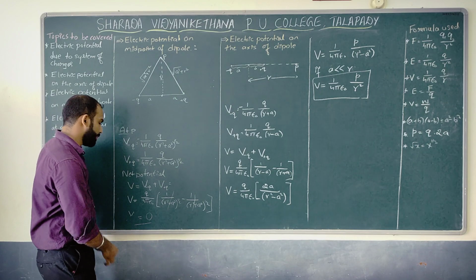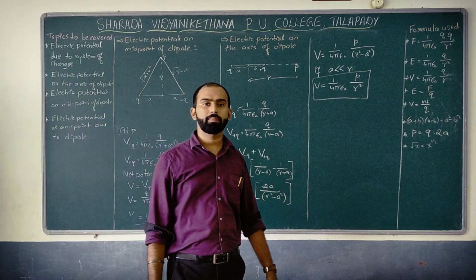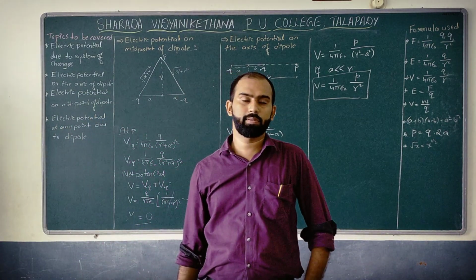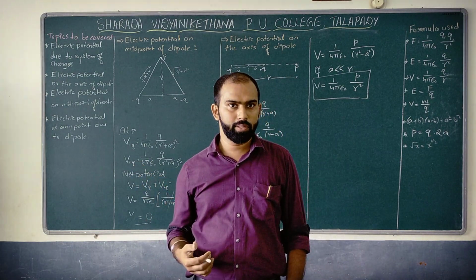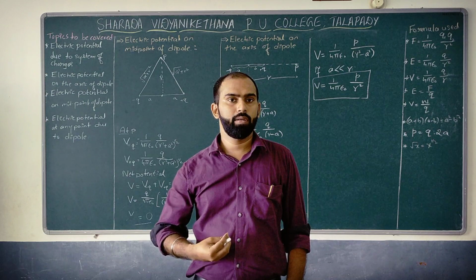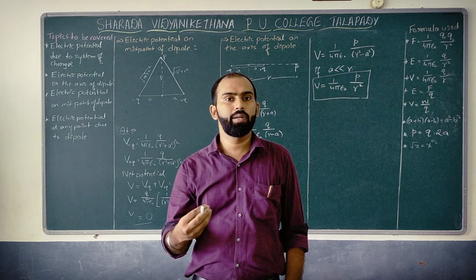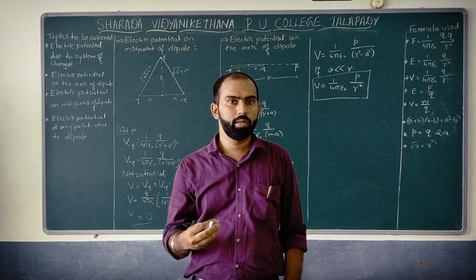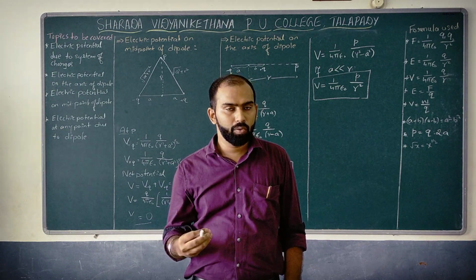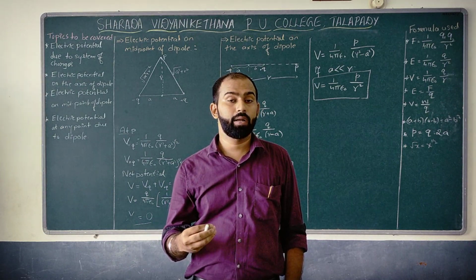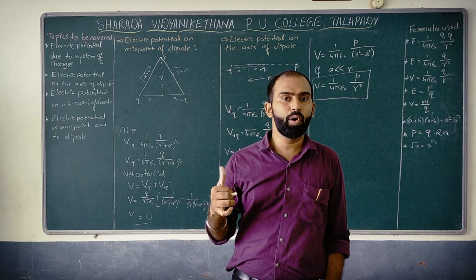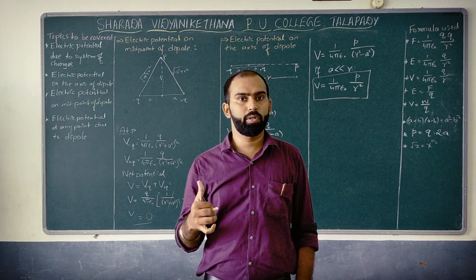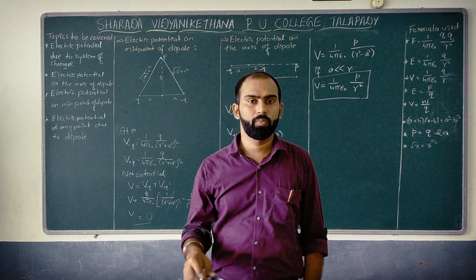There is a possibility of a question for 1 mark in your board as well as any CBSE exam. Even though you know all the formulas and all the derivations, they are going to ask in such a way: where can the electrostatic potential be 0 in the region of an electric dipole? Your answer should be exactly at the midpoint of the electric dipole, where the electric potential is 0.